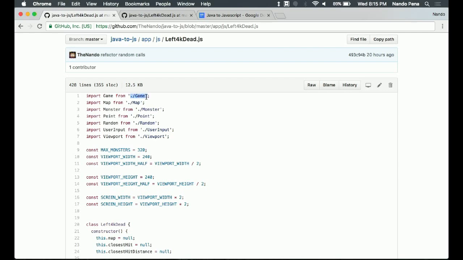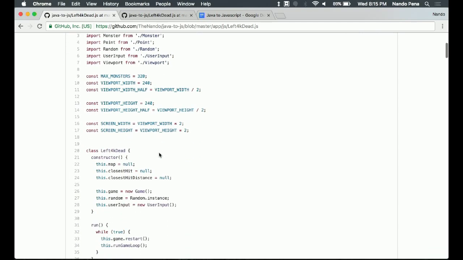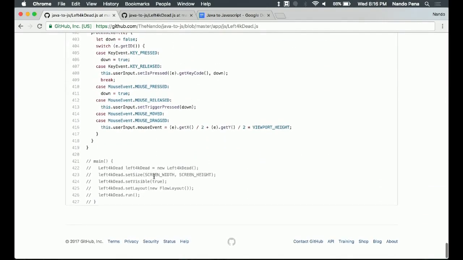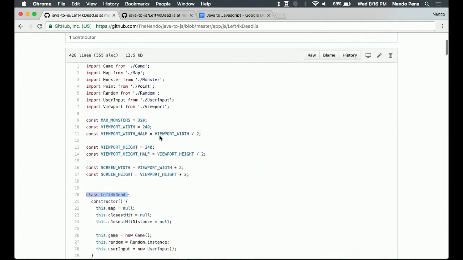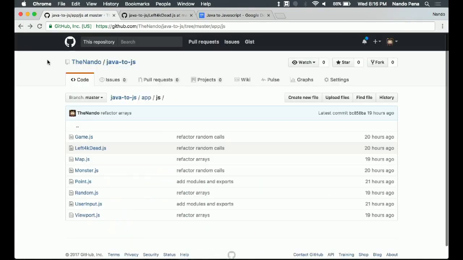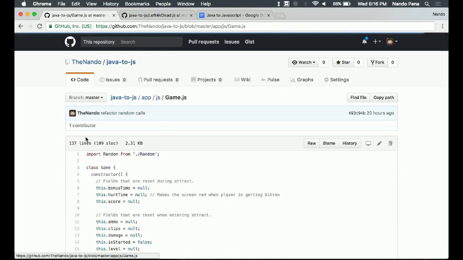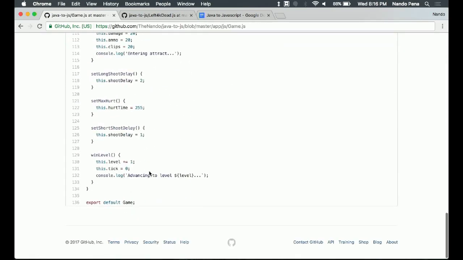In the same directory, game.js, map, monster. I'm pulling all of these things in. In order for it to be recognized as a module, you just have some object that you're interested in, and somewhere inside the code, you tell it you want to export that. This doesn't have an export because this isn't consumed by anything else, but game is consumed. That was the first one we had. So game at the very bottom has this export default game.